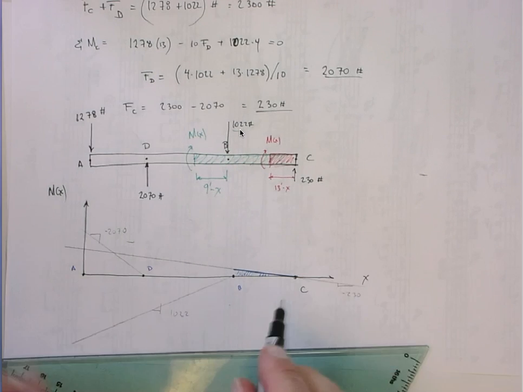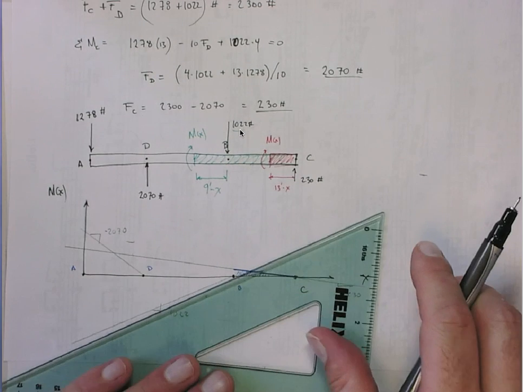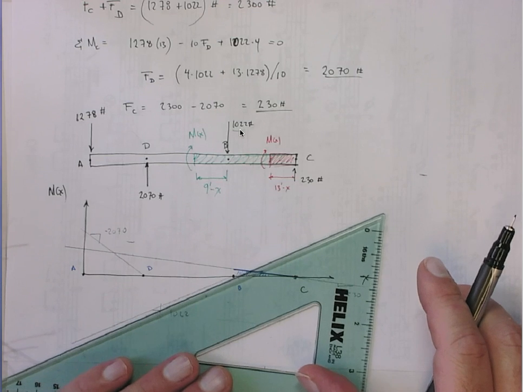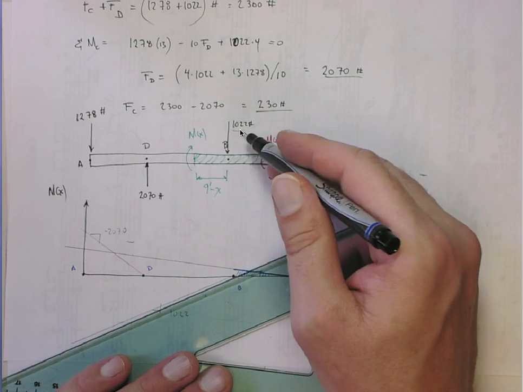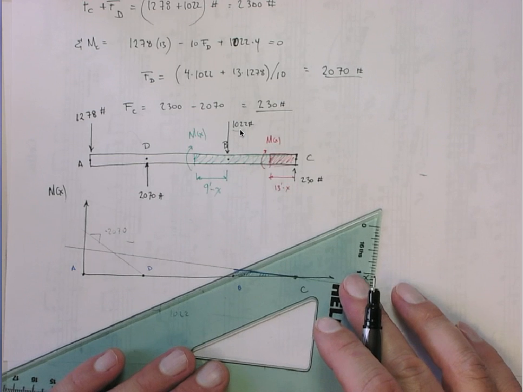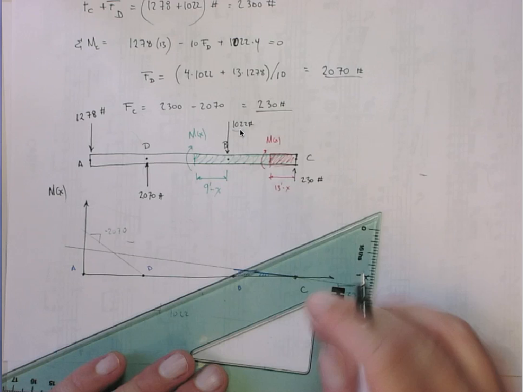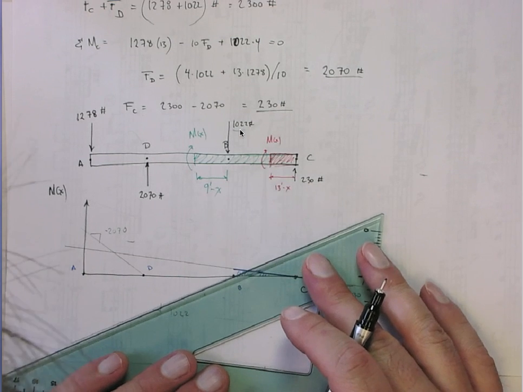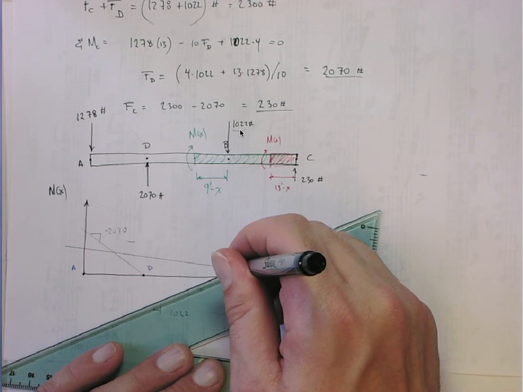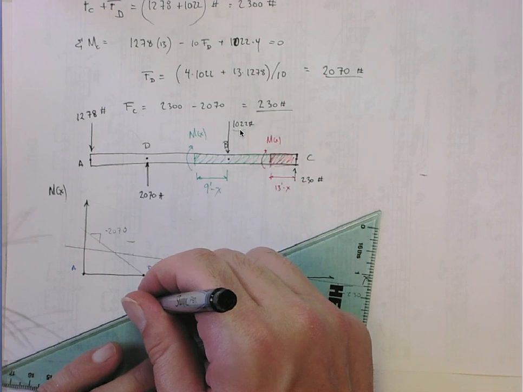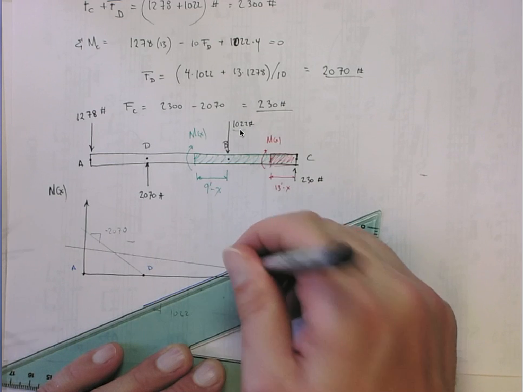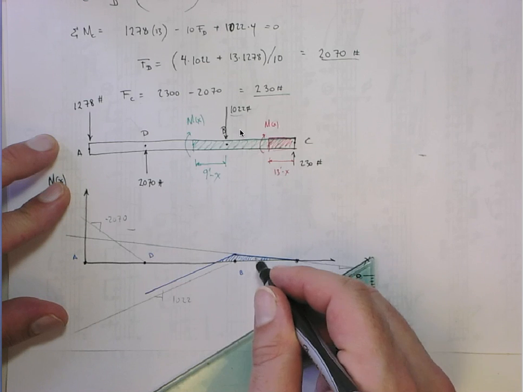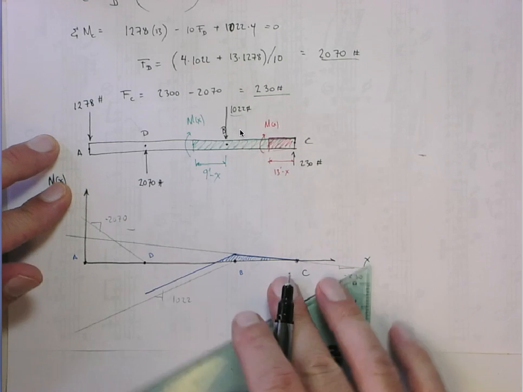It just has that small slope of the 230. Then once you get to point B, we have to subtract off the contribution from the 1022 force. So that's going to be a moment that will drop over that. It's just going to follow this line. So I'm trying to draw a parallel line to that until we get to point D. So it looks like we should in fact get a sign change on the moment, and then